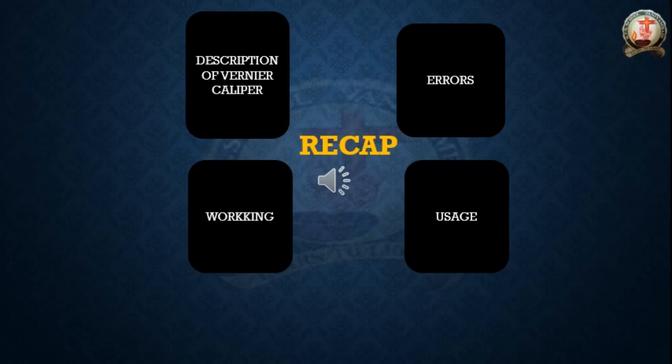But you have to remember here, in the process of working you have to find the main scale reading and the vernier scale reading. After finding that vernier scale reading, you have to multiply with the least count. Okay, so after that you have to add that main scale reading and vernier scale reading. That final answer, after adding, you will get one answer, that is the length of that small object. Okay.